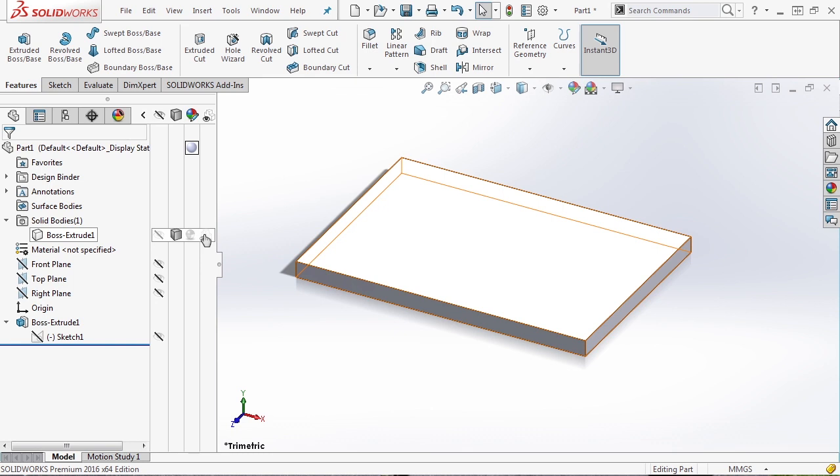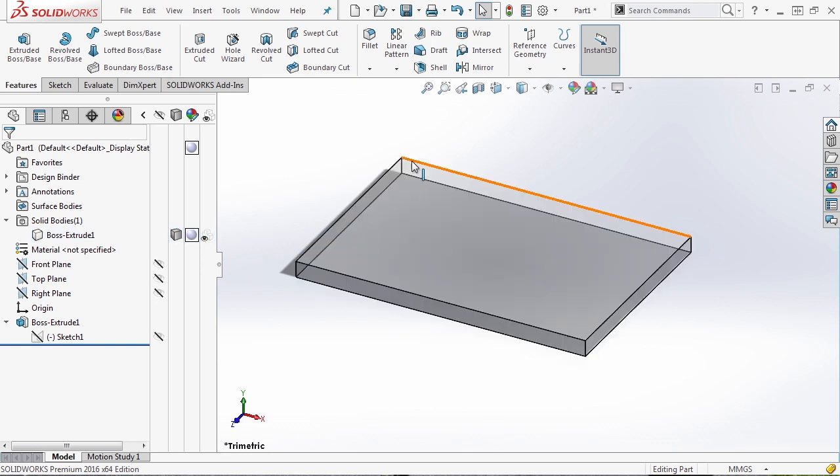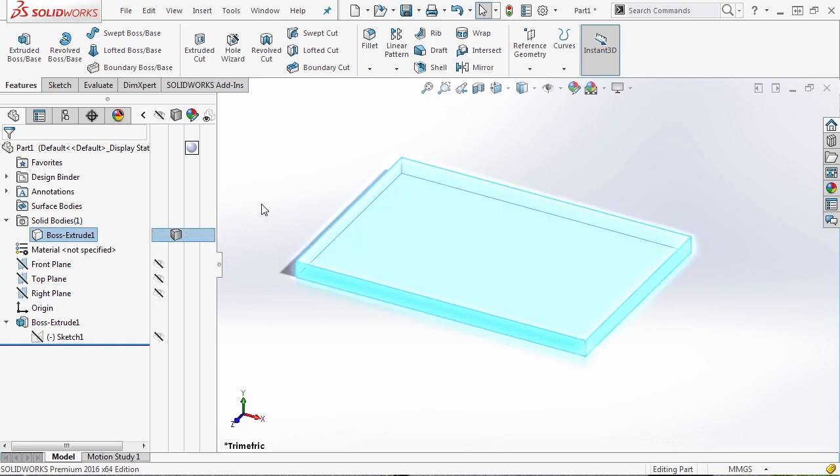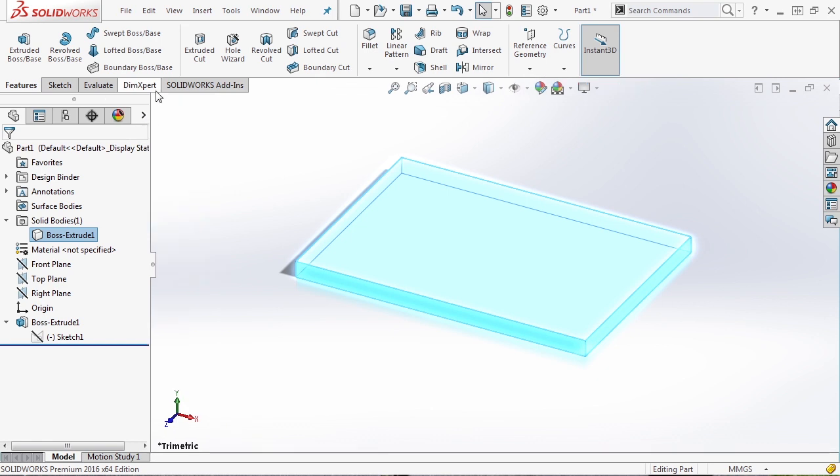The next one over is for transparency. So in this case, we could make our box transparent so we can see through it. This is very handy if you're using multiple bodies in a single file, or if you're dealing with an assembly and you quickly want to change whether or not you can see through that part without applying a clear or translucent material. So again, this is something that not a lot of people expand or really know about,